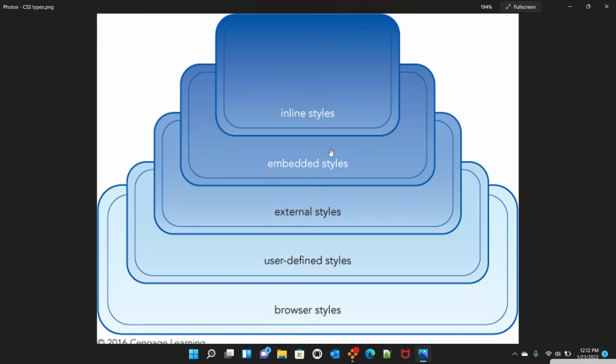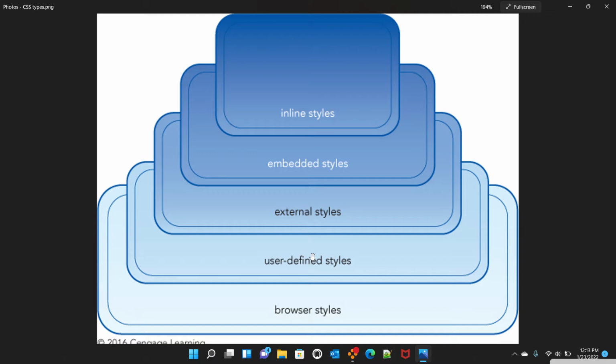At the bottom of this hierarchy, we have browser style, which defines the default layout of the items on a web document. The browser styles apply a few specific styles to the page, like adding solid circles to the navigation list items, displaying hypertext in blue, and displaying headings in a large bold font. The second type